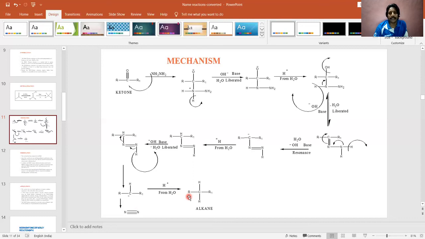And the most important thing, a couple of things you have to keep in your mind, that we are using hydrazine in order to convert the compound into hydrazone. Later, by using base, meaning hydroxide ion, we are performing the deprotonation reaction. Once deprotonation happens, the base is converted into water, and water can dissociate into H plus ion, and the resulting anions are again protonated with the help of that H plus ions. So protonation, deprotonation happening again and again, over and over, to bring out our desired product.